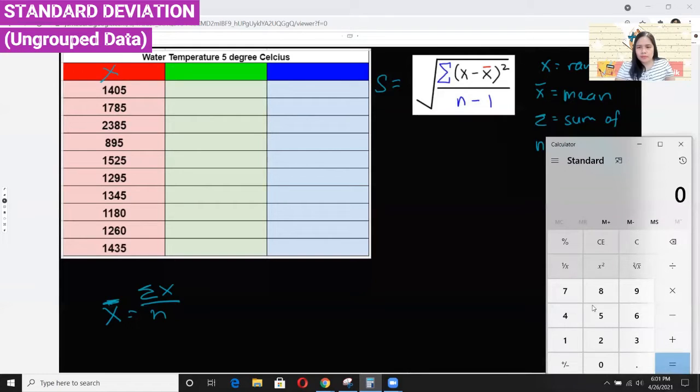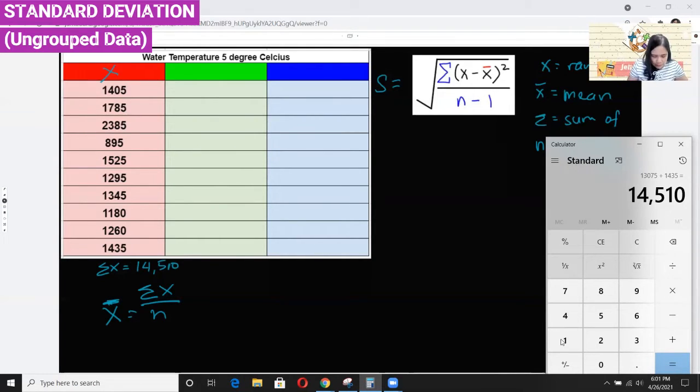Let us have the first one. We have 1405 plus 1785 plus 2385. You must be careful in encoding it on the calculator because if you encode one number wrong, everything will get wrong. So after 2385, we have 895, 1525, 1295 plus 1345 plus 1180 plus 1260 plus 1435. So the answer we have for the summation of x